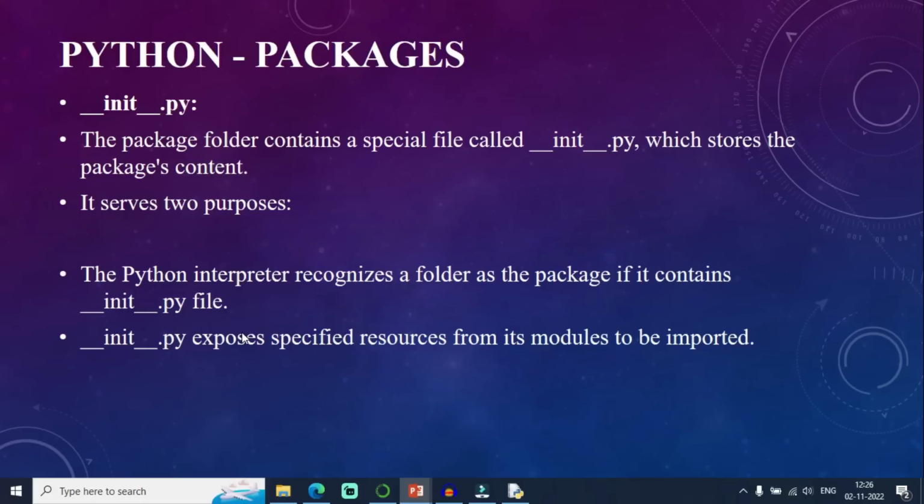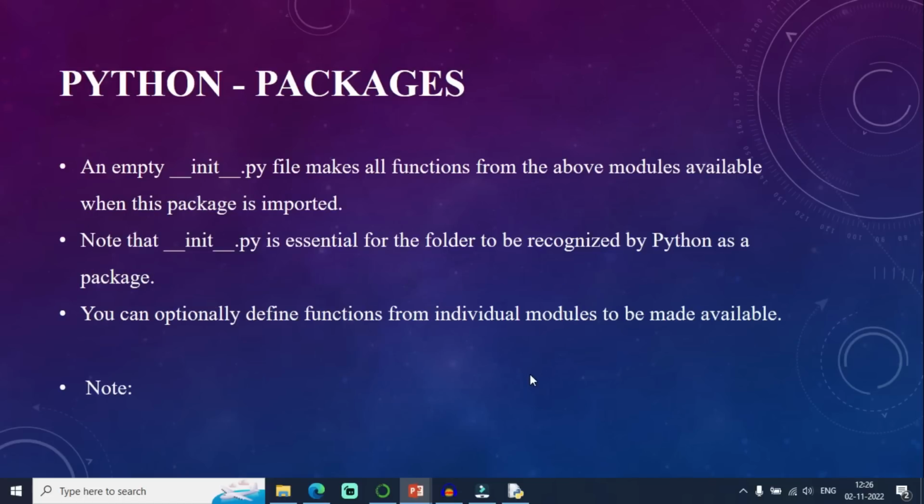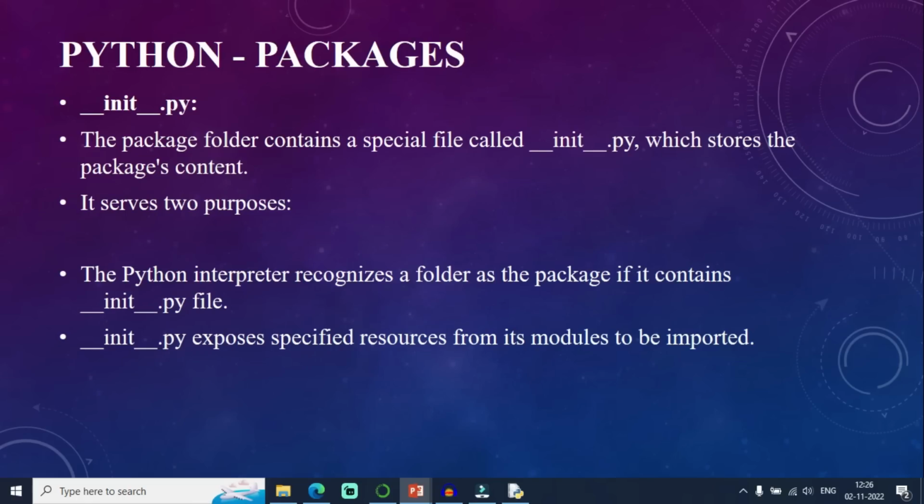It exposes the specified resources from its modules to be imported.